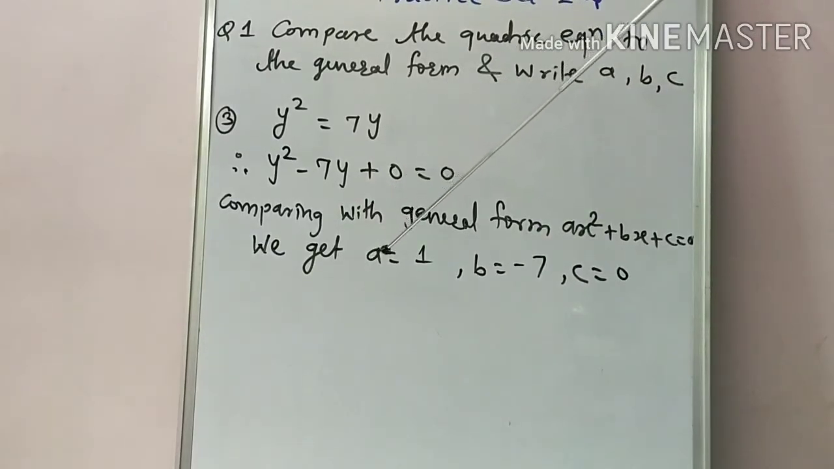Is it correct? a equal to 1, b equal to what? Minus 7, and c is what? As we compare here, its value is 0. So this is an example of a 1 mark question asked in the exam. Okay,